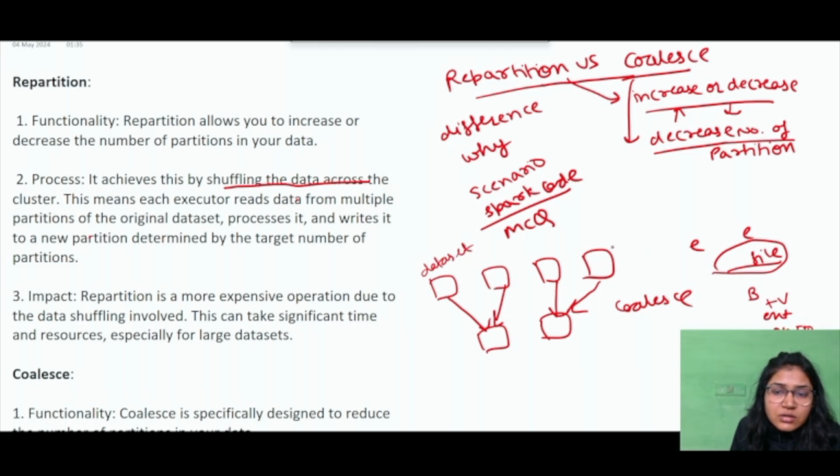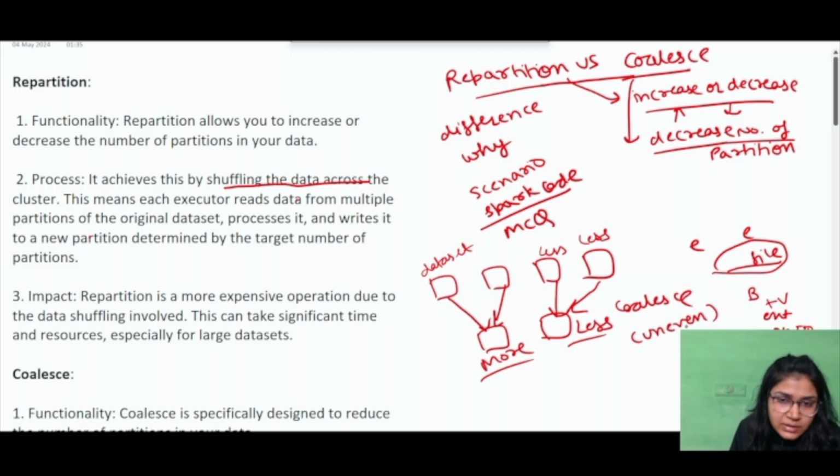Maybe your initial distribution is not even, right? And say these have very few records. When the coalesce operation happens, there is a possibility that this partition is getting fewer records, and this one is having more records, right? So this can be a possibility resulting in the uneven distribution of the data. So that is again one difference. So where coalesce might not be a good choice, because there is a possibility that it will result in uneven distribution of the data.